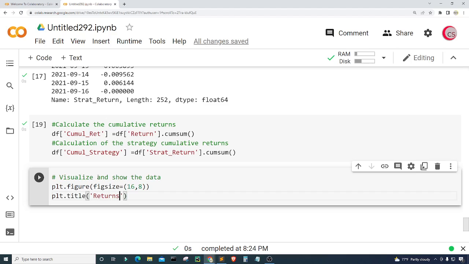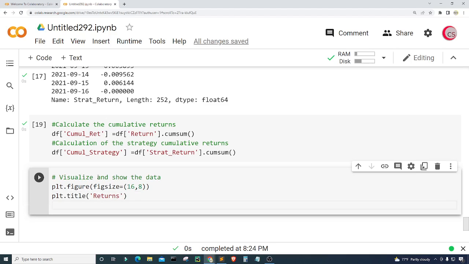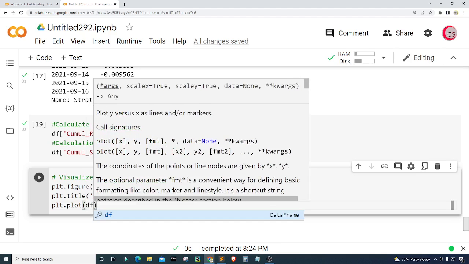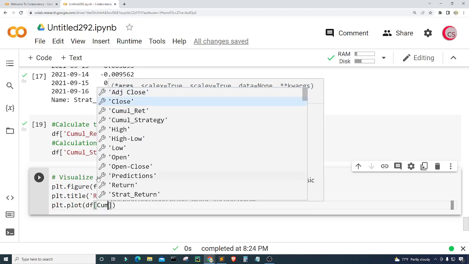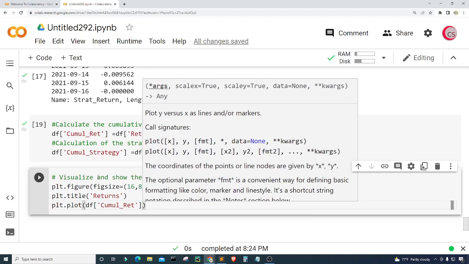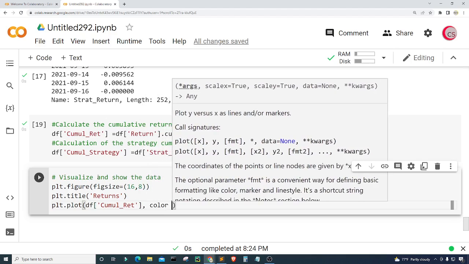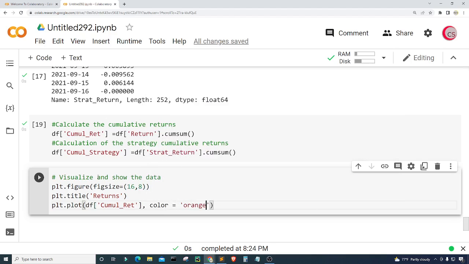So I'm just going to call it returns, and then I want to plot the data. So I'm going to type plt dot plot, and the data that I want to plot are cumulative returns. I'm going to give it a color. It will be orange. The label will be equal to stock returns,